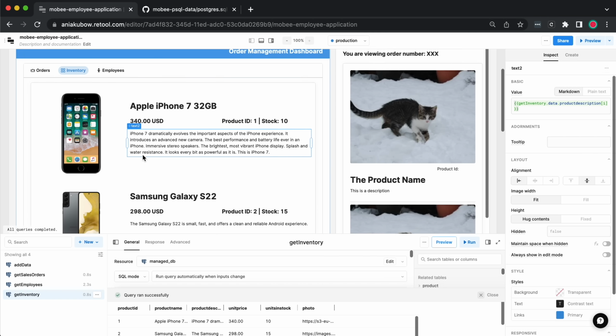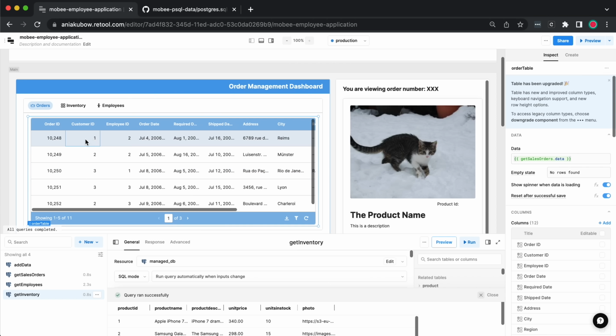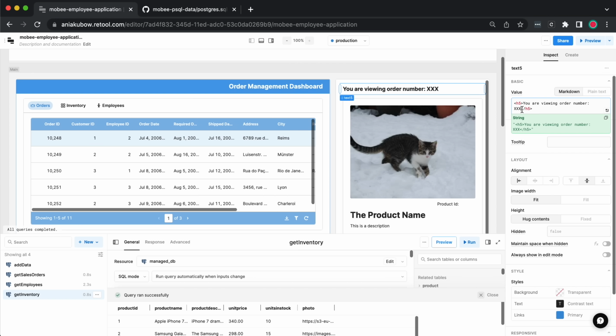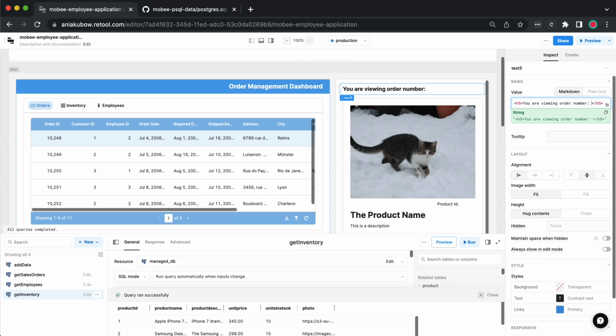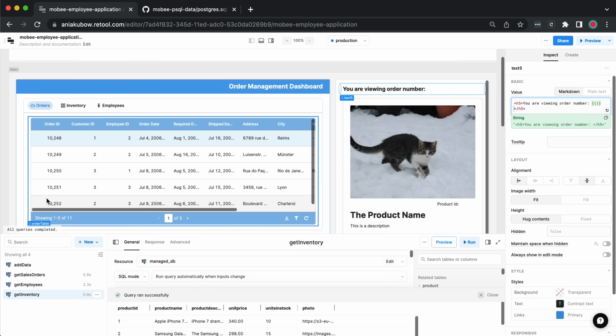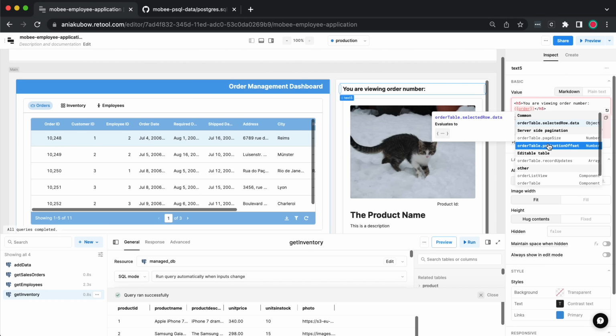Let's move on. So under orders, what I said is that if I select a row, I actually want to show the orders that are associated with the order ID. So let's go ahead and do that next. So what I'm going to do is just select this title. Instead of having XX, I'm going to go into this table, which is called order table. So just type out order table